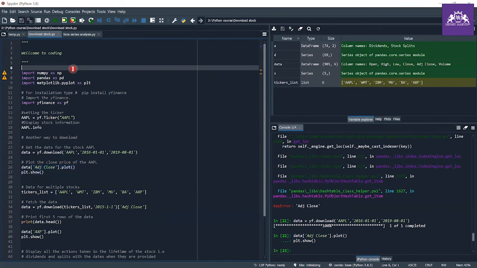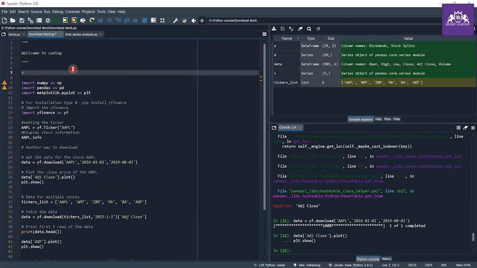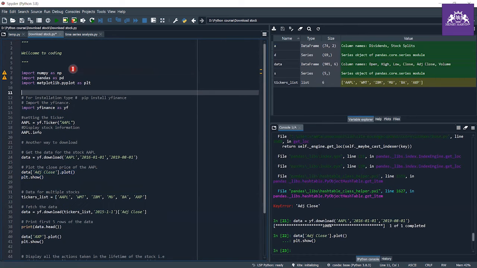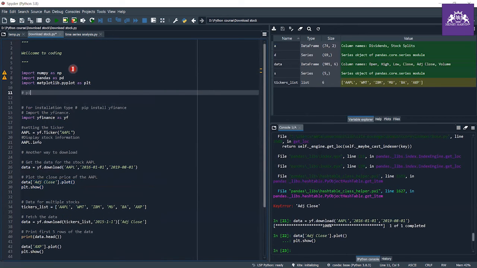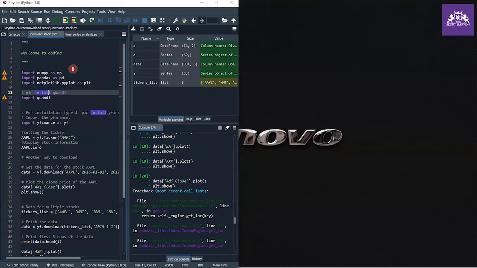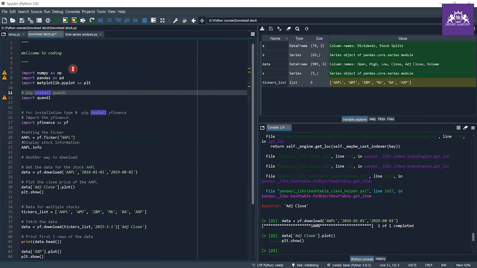You can also use the Quandl library. For Quandl, here I write it, pip install Quandl and import Quandl. By using this command, you can install Quandl on your system.